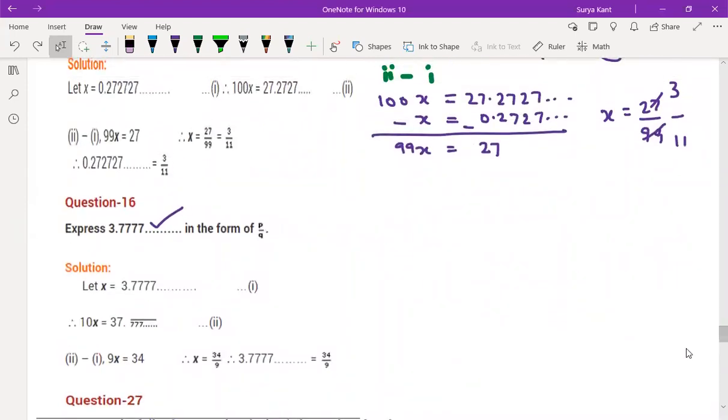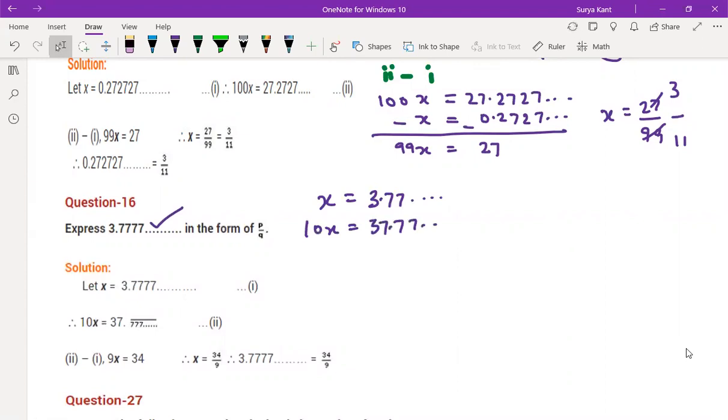So in this case, you need to do 3.77. So x is equal to what you can write? 3.77... 34 by 9? Yes, it's correct. So now 10x is equal to what will come? 37.77...